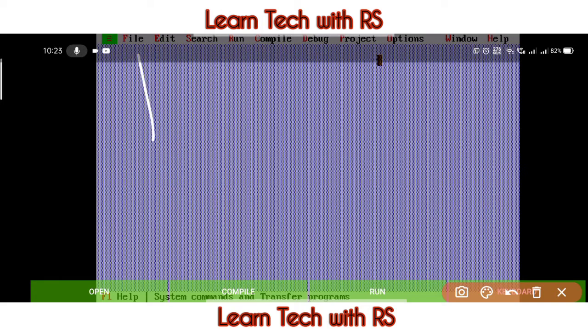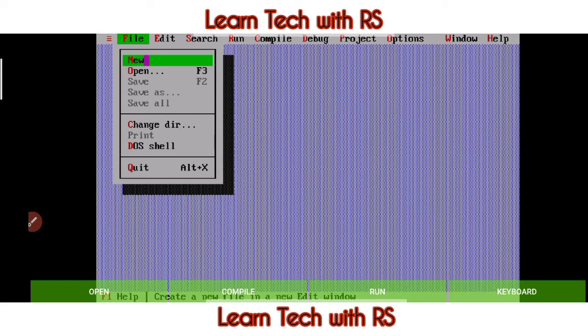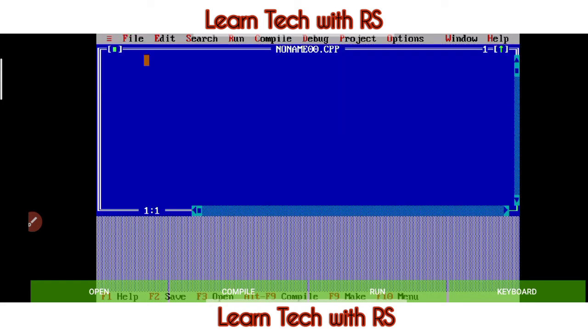First of all, we will go to the file menu. Okay, file में जाएंगे. Now we have to drag the cursor to file, then new. Okay, new. So here you can see the new page. Let's start. We will have to go to the keyboard and now type the code.